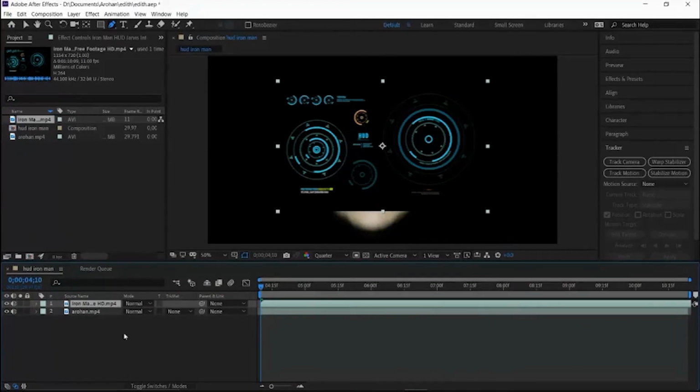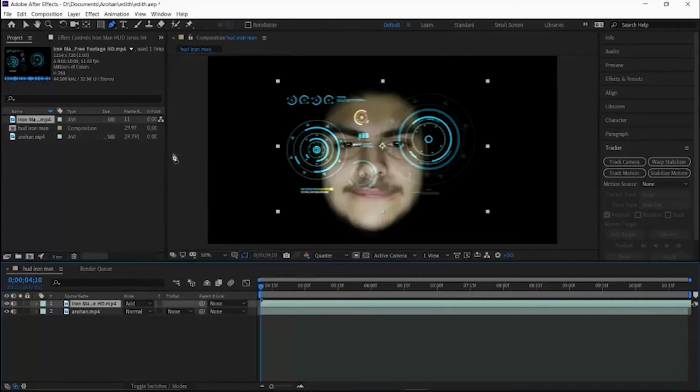After you have imported the HUD interface, you can change its blending mode to add, so that the HUD elements are visible over my face.